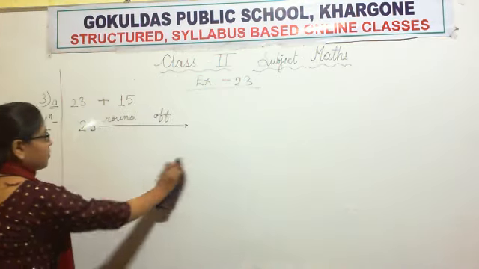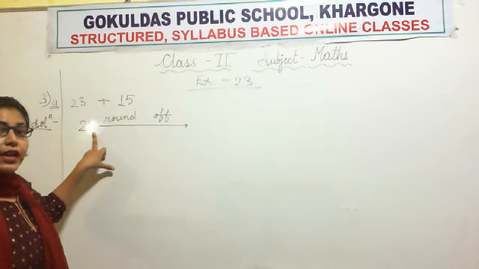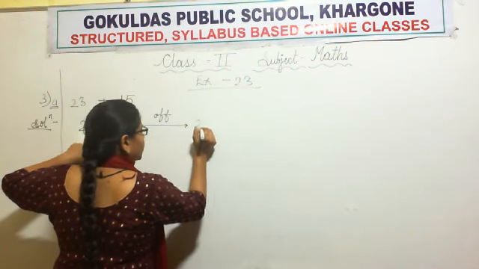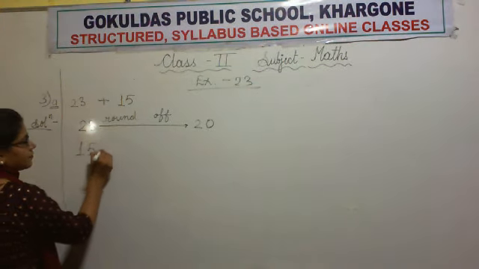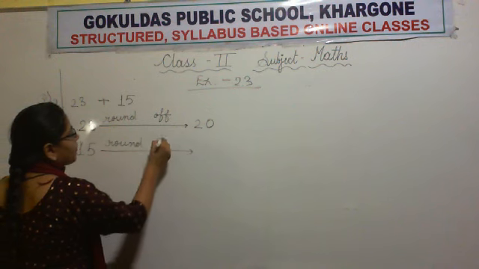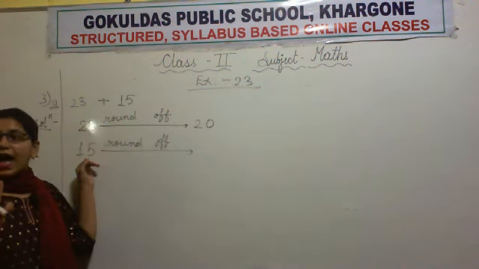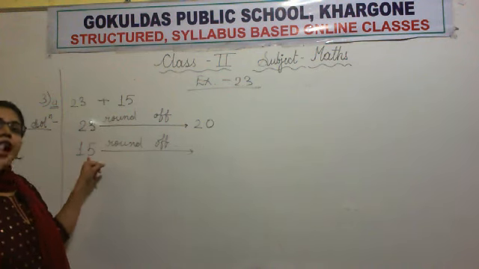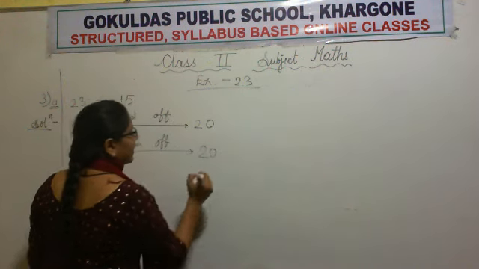So once again revise with me. Whenever we see number 4 or less than 4, we will round down, and whenever we see number 5 or greater than 5, we will round up. So 3 is less than 4. It means we will round down. So we will round it down to 20. Now 15. Again we will perform the round off operation. Whenever we see number 5 or greater than 5, we will round up. So we will round up 15 to 20.